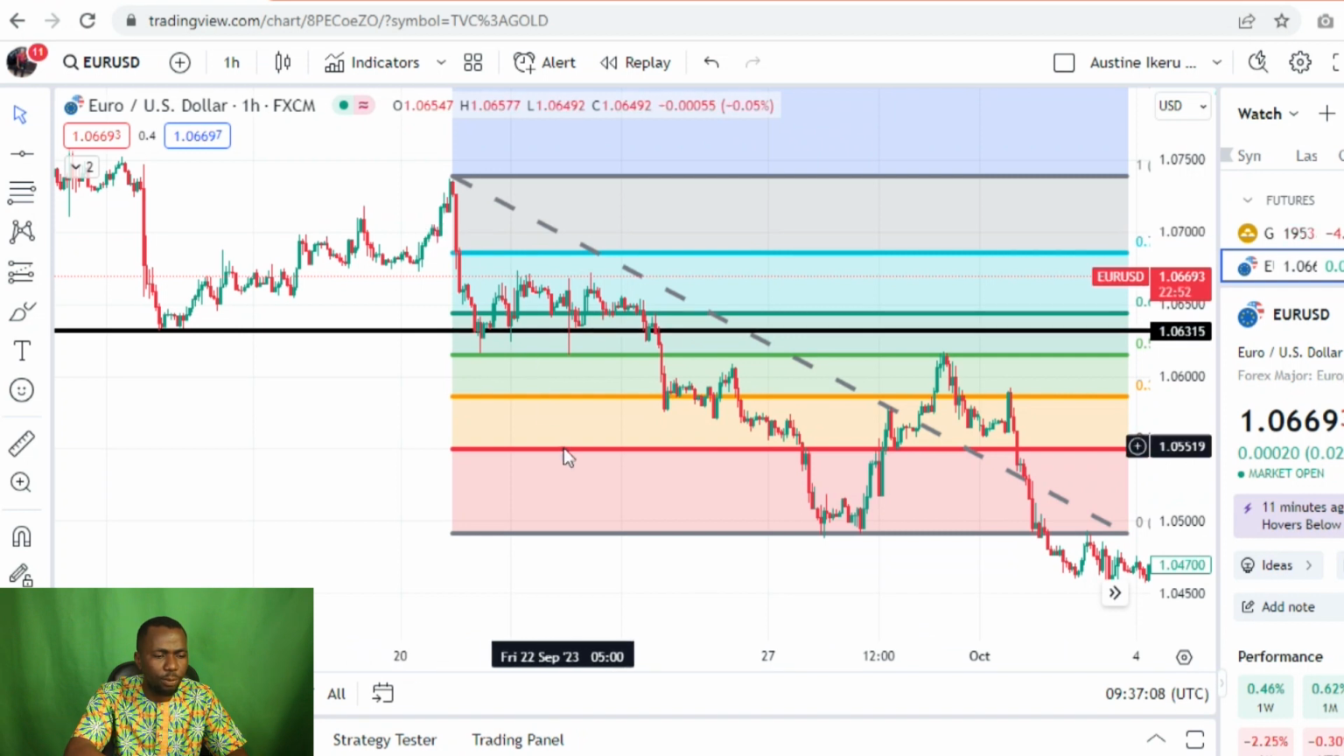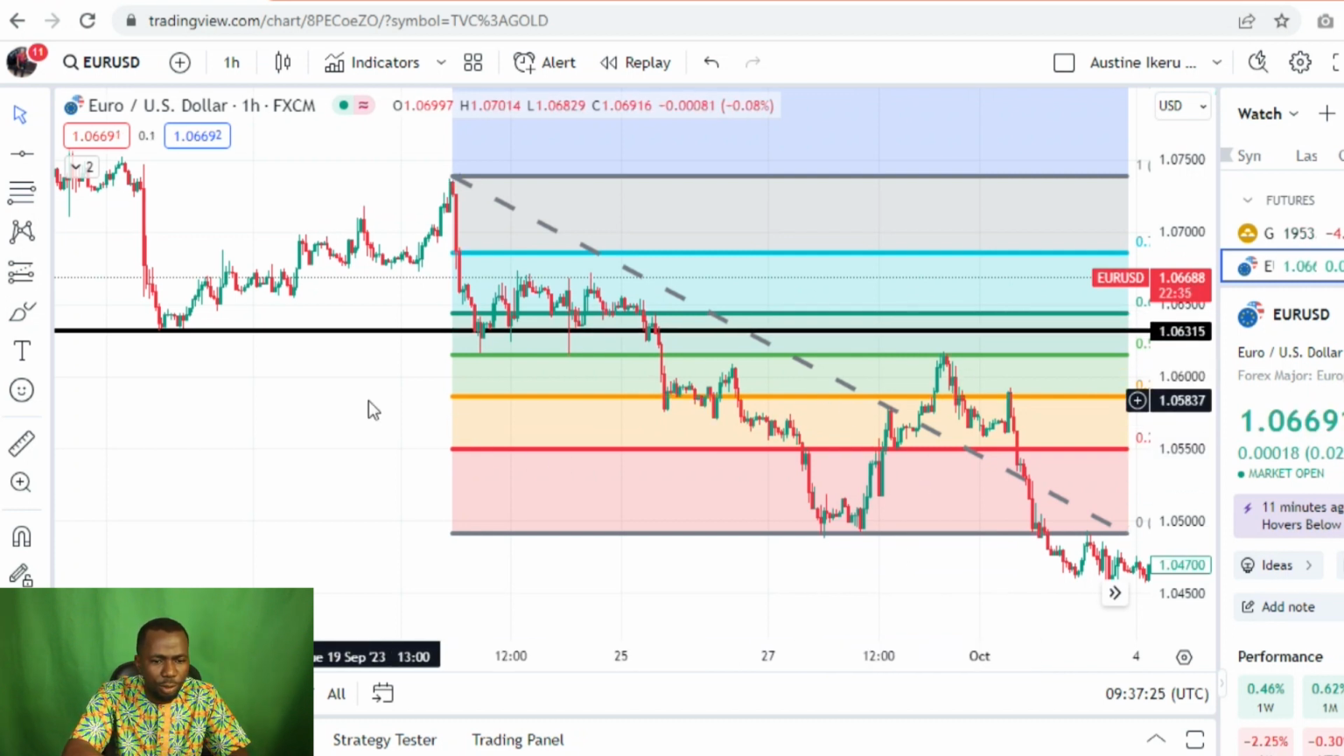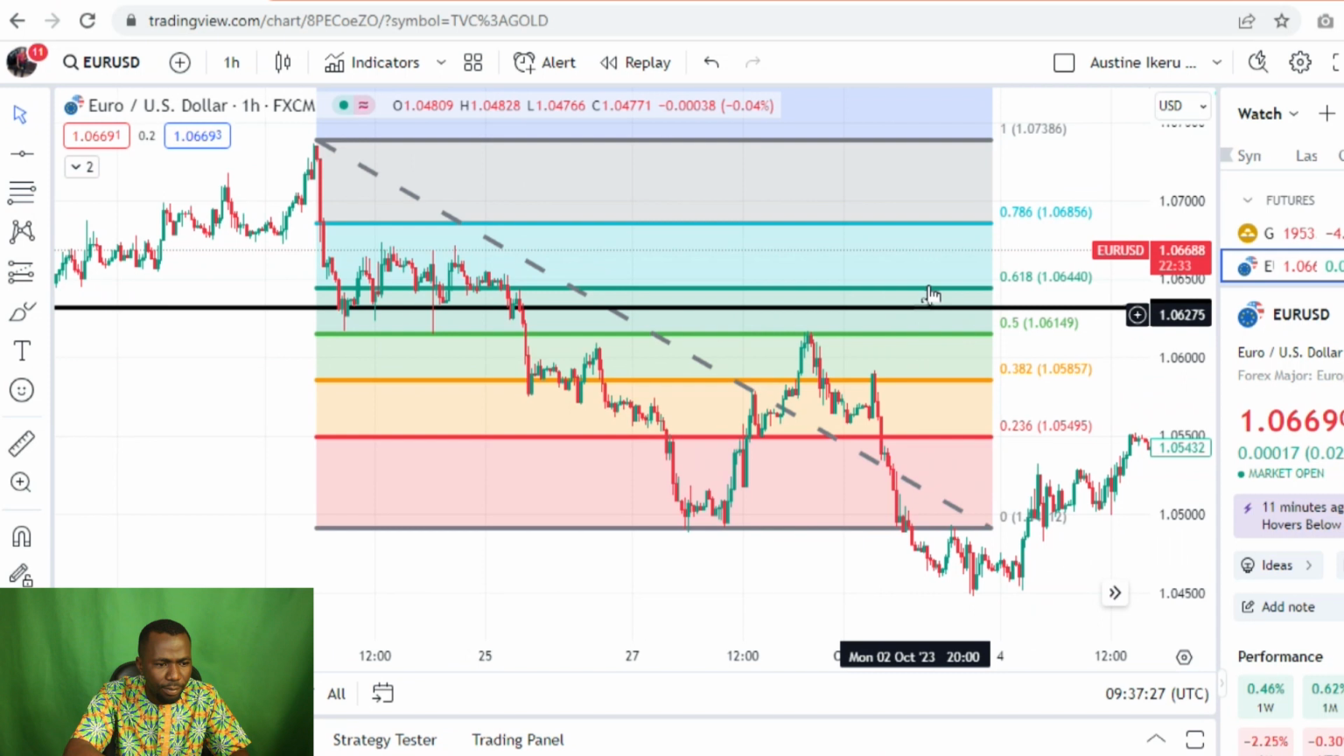Because whenever price breaks below a support level, it automatically becomes a resistance level. So you have not drawn your support level, and you have drawn your Fibonacci retracement tool. You now watch the price action to know the reaction of the price. Right now, when you watch clearly, you see that the